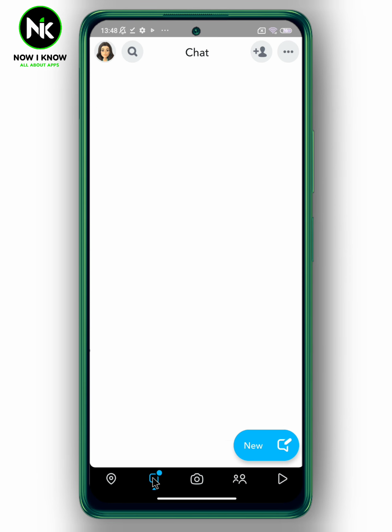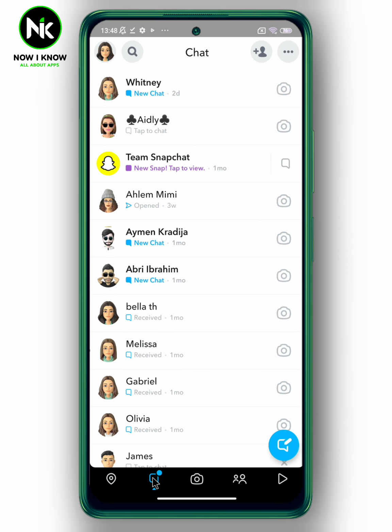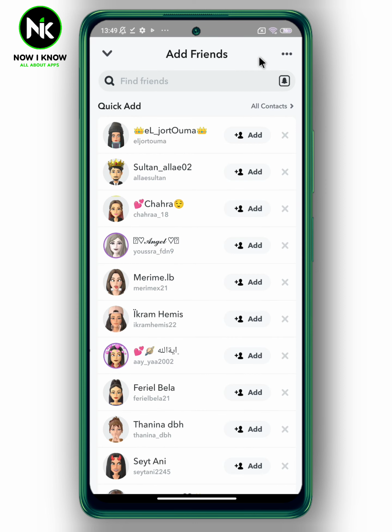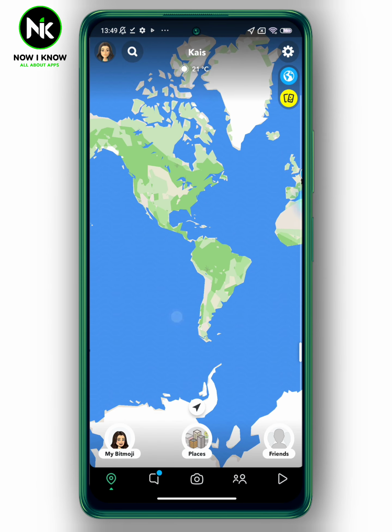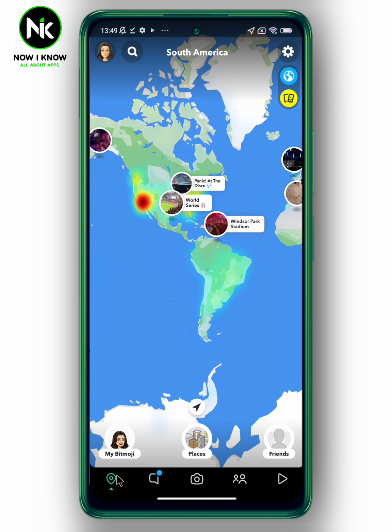Whereas the fourth icon, or the chat icon, shows all the snaps you received. You can add friends by tapping on this icon or accept friend requests. And the last icon, or snap map icon, shows where your friends on Snapchat are currently